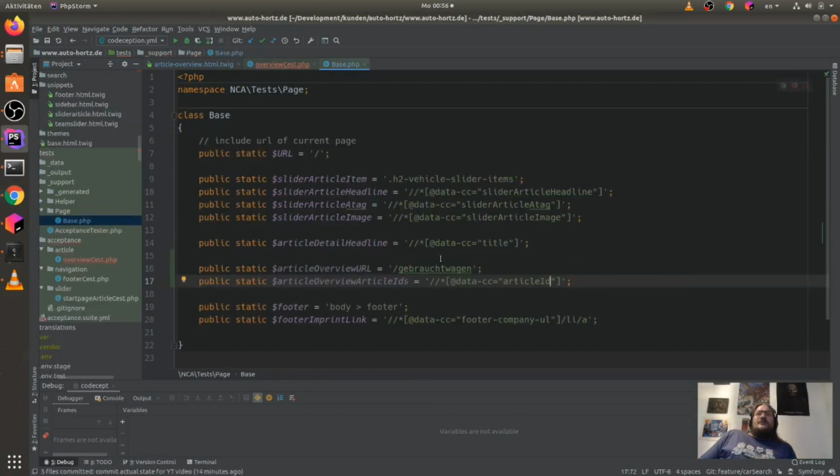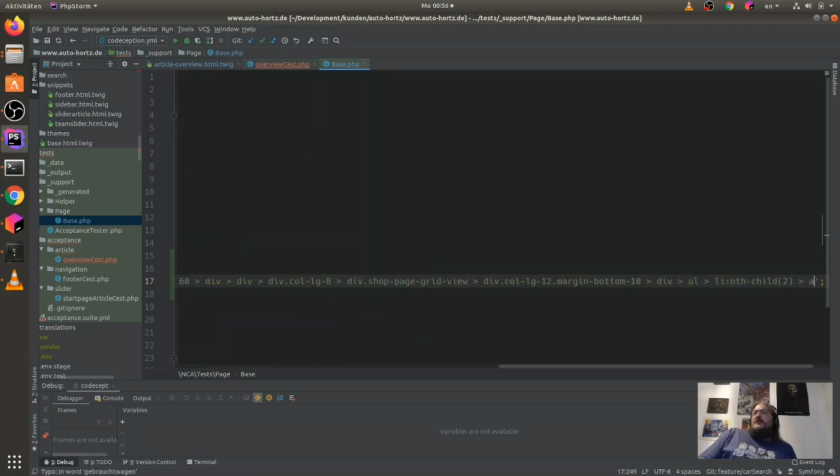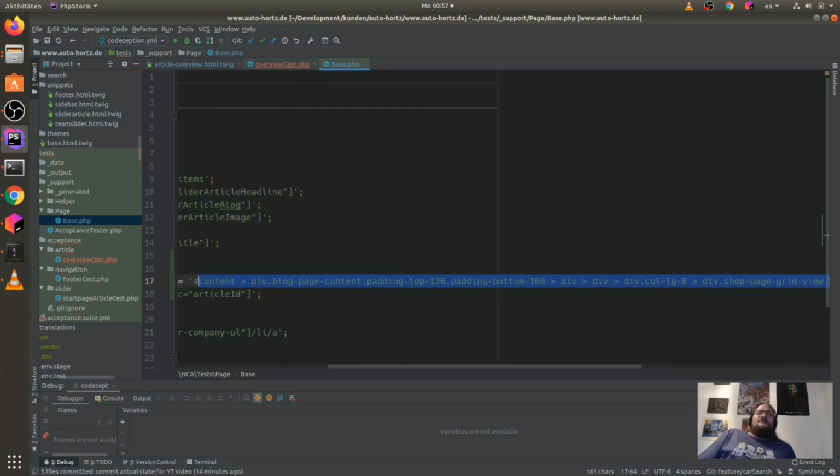So we can say on our article overview, there will be a page navigation second item, and maybe this will work. Not this, it's so bad, but we can give here the URL and ID. This is hard. What's wrong here?